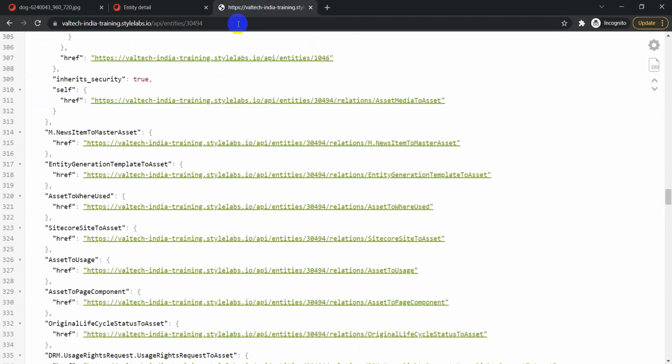And this is the API view, and this is primarily used by developers in their developer activity. Like if they want to pull something from the system based on some entity ID, get the data, make some changes, and push it back to the system, they make use of these API slash entities, and then get the related data from the system.